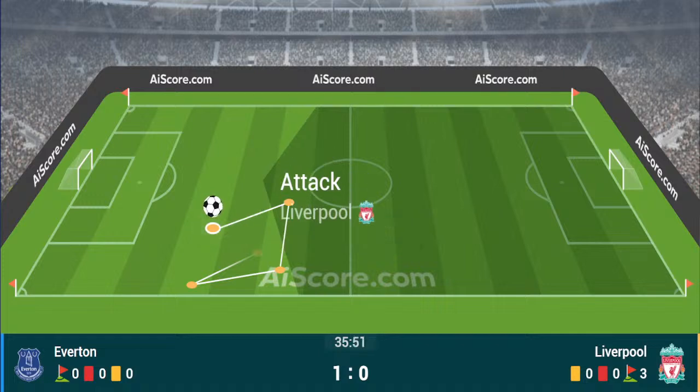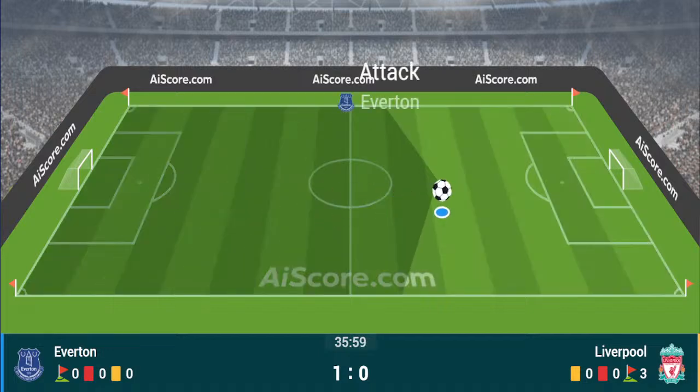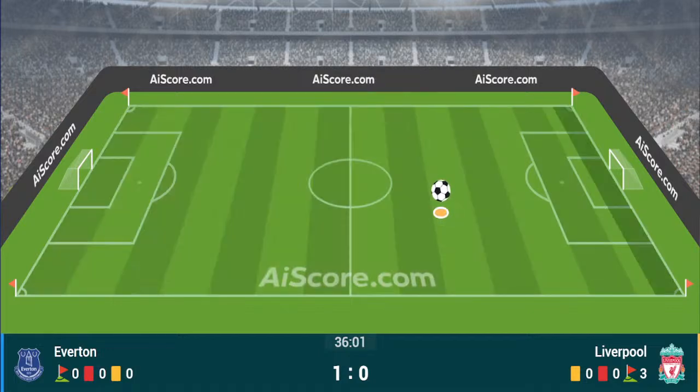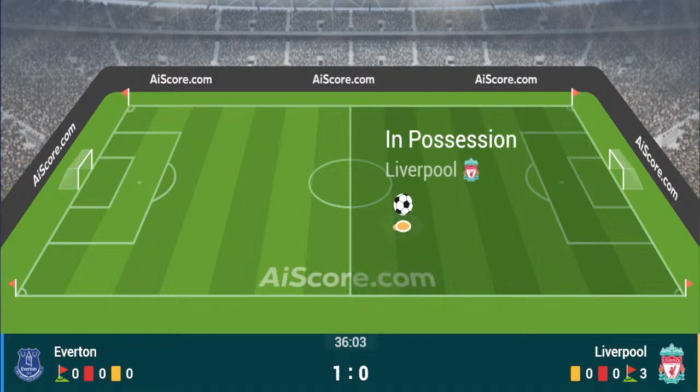Wriggles his way past him. Short to McAllister once more. Now Jones, left-hand side towards the edge of the area. Falls back about 15 yards to Alexis McAllister. Now Konate in possession, 10 out from the break. Everton 1, Liverpool 0 here in the Premier League. McAllister inside the area, looking to find Darwin Nunes, but it's going to run out of play for a goal